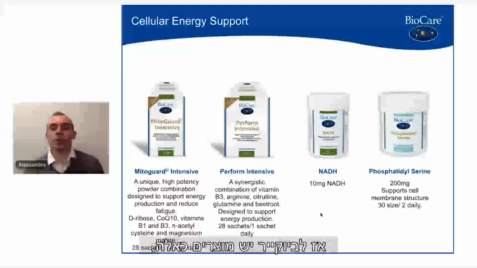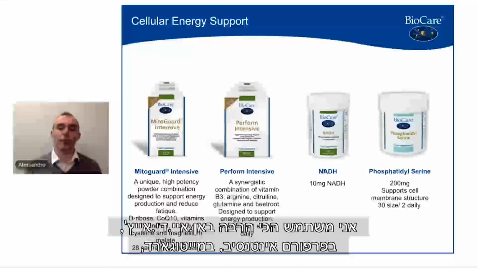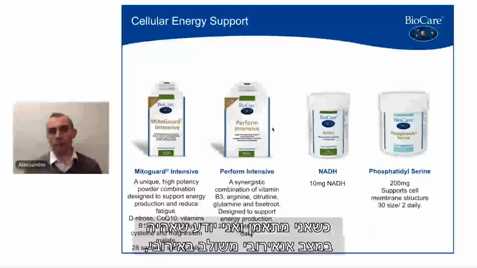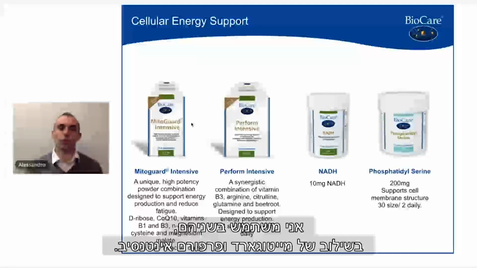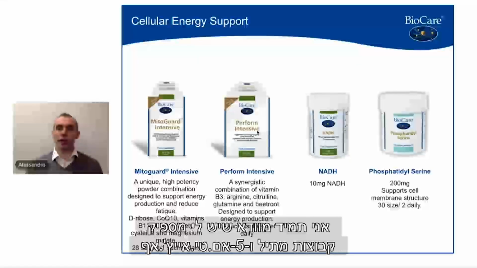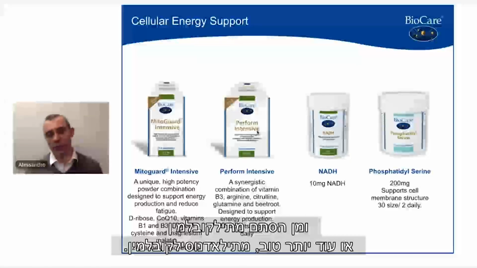So Biocare has these products. The one I tend to use the most is NADH Perform Intense and the MitoGuard. When I train and I know I'm going to be in a kind of anaerobic, mixed aerobic state of training, then I use both. I use a combination of MitoGuard and Perform Intensive, always making sure that I have enough methyl groups through 5-MTHF and obviously methylcobalamin,